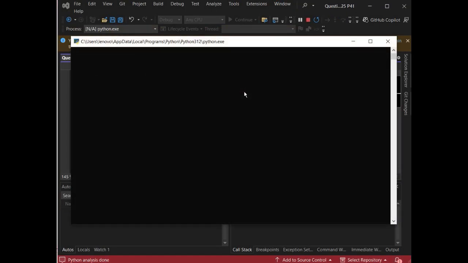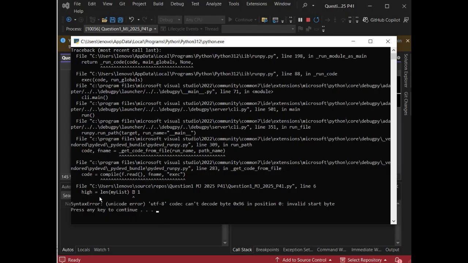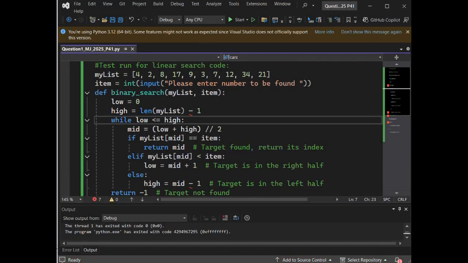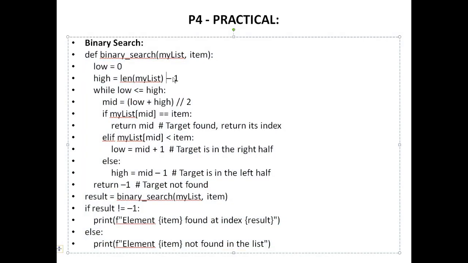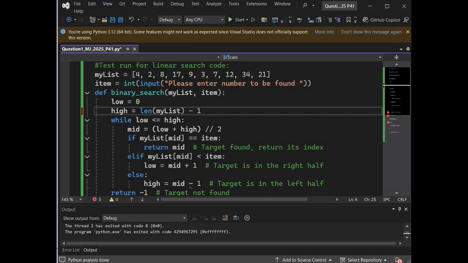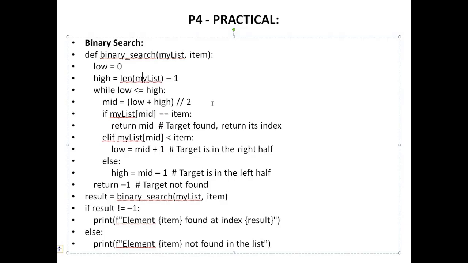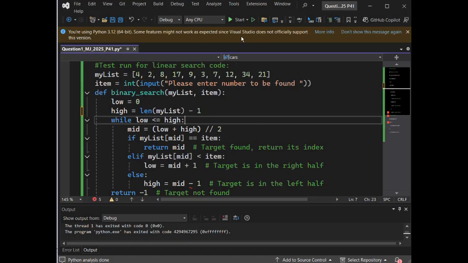So let's try to search something with the help of binary search. Okay, there is some error. So this is probably a hyphen, yes, this is a hyphen, this is not a minus sign, so Python cannot recognize it. Let me change that. This happened because I copy pasted from PowerPoint. Sometimes this is a normal minus, and this is a hyphen, not a minus. So that's why. Anyways, let's run our code again.